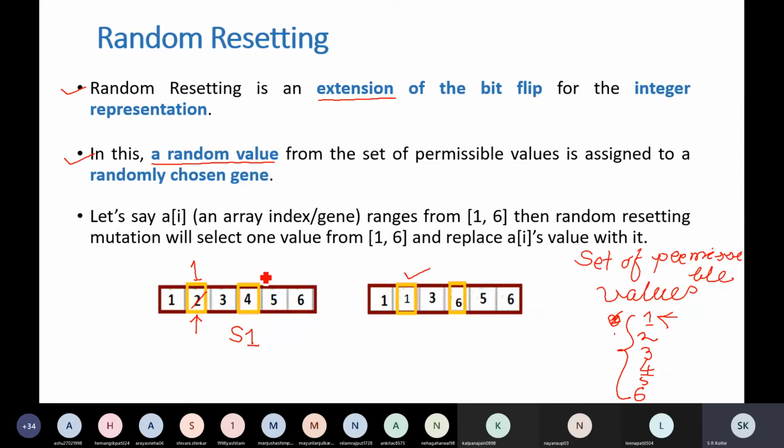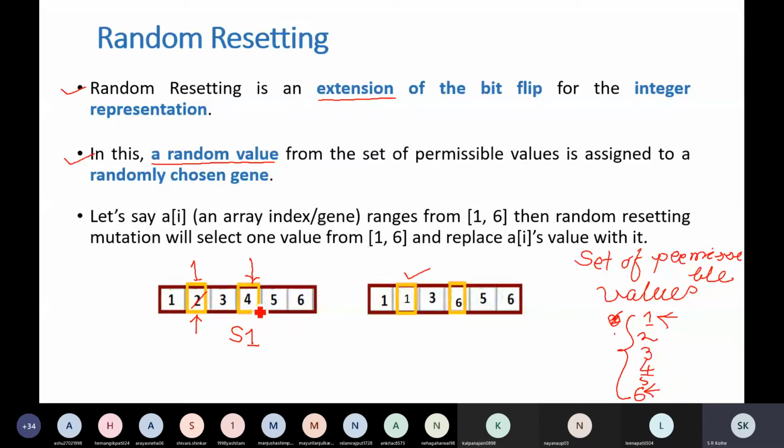Okay. Another gene is selected, suppose this one, the fourth one. So we are going to replace this value with another randomly chosen value between 1 to 6, which are the set of permissible values. Suppose the randomly selected value is 6. It can be any other value, but in this situation the randomly chosen value has come out to 6.